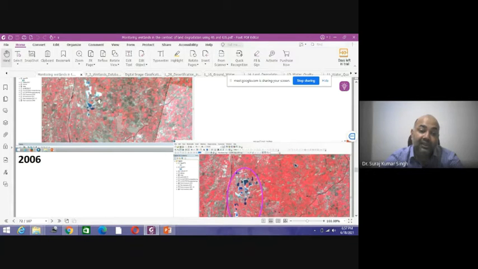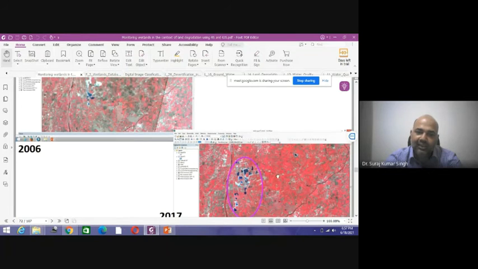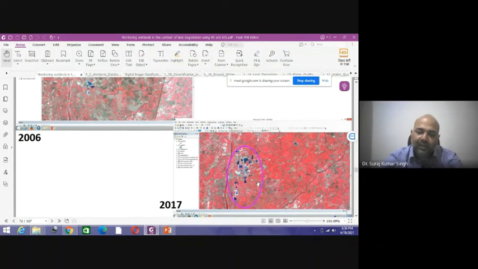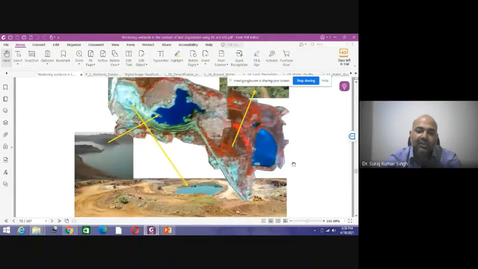In the same way, you can see that in 2006 there was no water body, or the water body capacity was low, but in 2020 a large water body has come up, and that can increase the water availability in that area. Gradually you can see a large area being cultivated, and that is a positive change. So conservation of these wetlands or water bodies can be done at a minute level, and you can see the changes in that area. The satellite images provide the best information about that area.